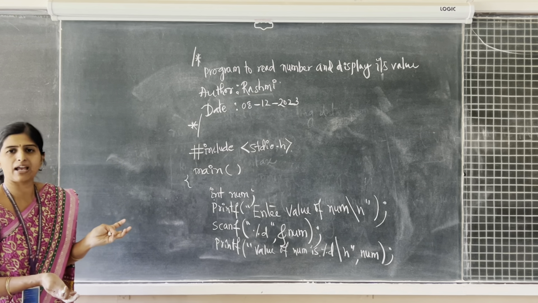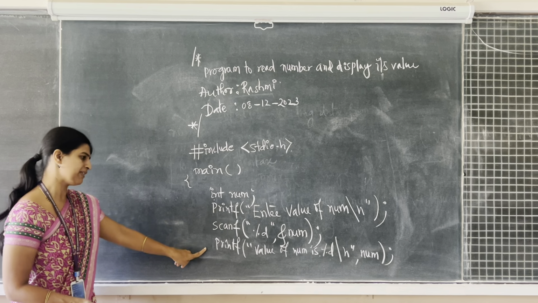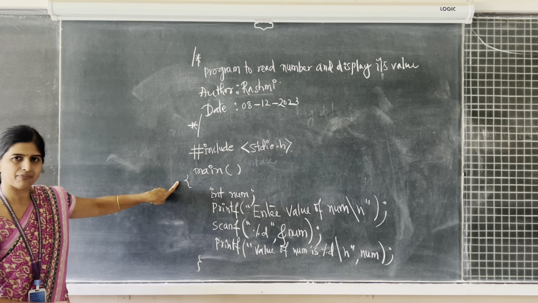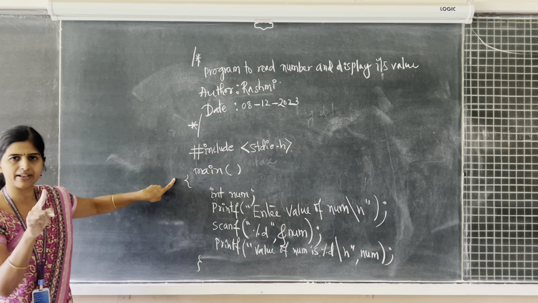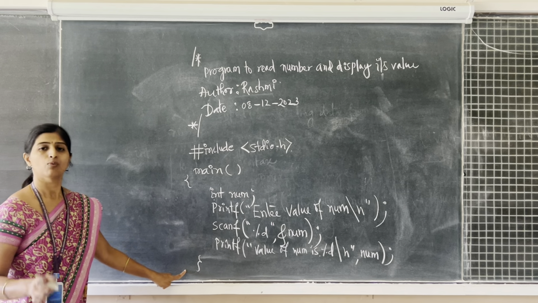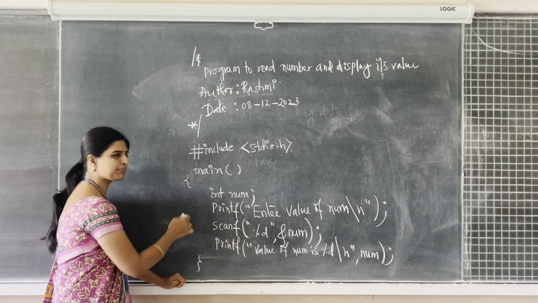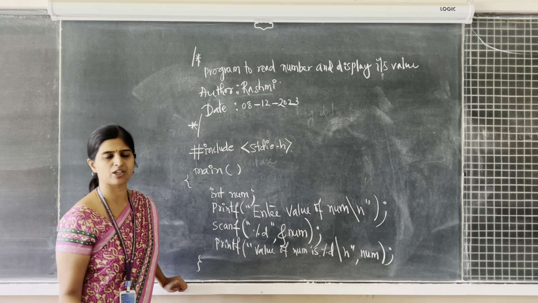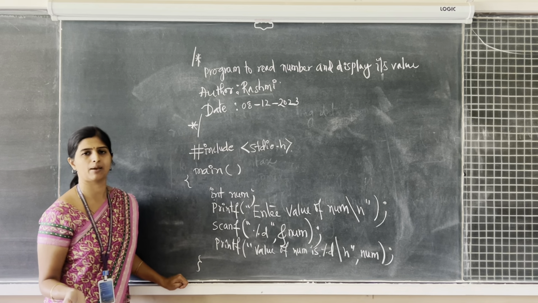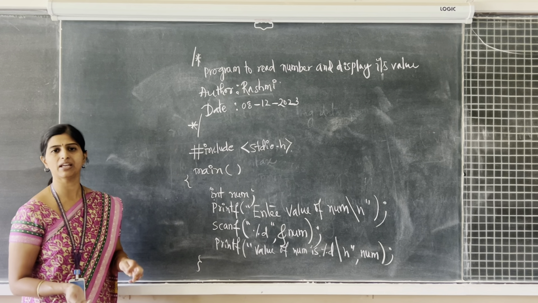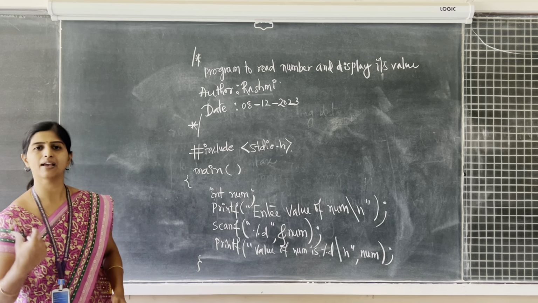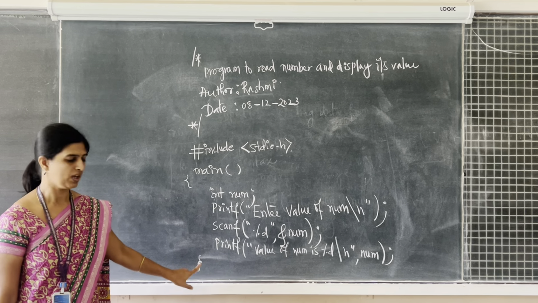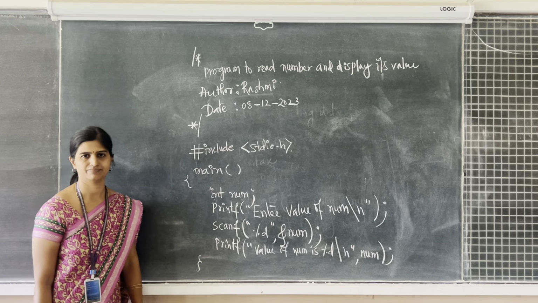Now I am done with whatever I wanted to do. I have read the value, I have displayed it. Now I need to close the main function. I opened the main function with the help of a curly brace. Now I need to close it. One more note to be taken over here. Any brackets or curly braces or square brackets that you use in C programming, the number of opening ones should match the number of closing ones. Here I have one opening brace, so there should be a corresponding closing brace over here also. This indicates the end of the main function.